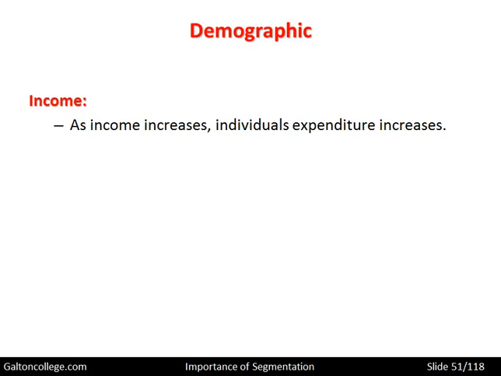So it's important that the marketers understand what's happening to incomes, what's happening to the level of income within the area. Is it rising? Is it fixed? Is it falling? How prosperous is the area? How well are the commercial centres and the industries and the companies within the area doing?